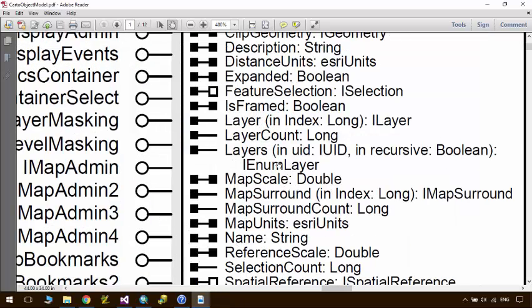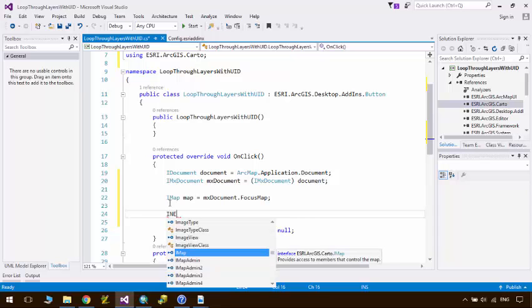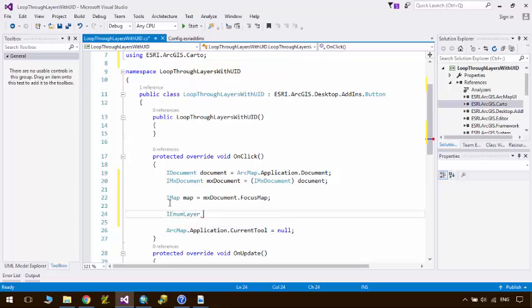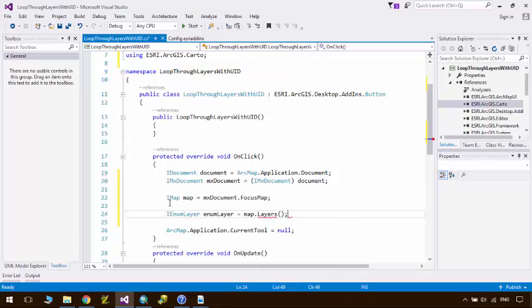So at first I declare a reference to IEnumLayer, map dot Layers, which takes the parameters UID and Boolean. At first, I have to